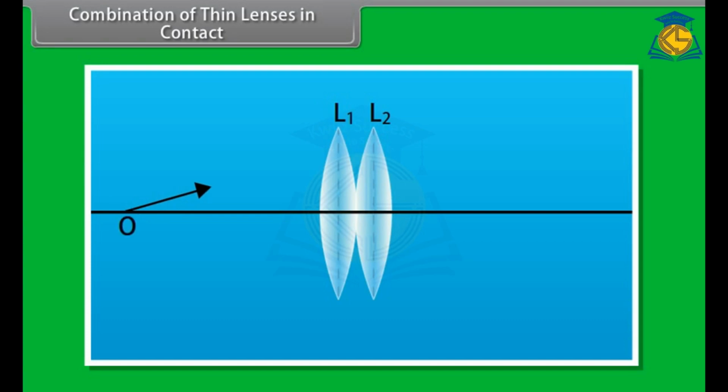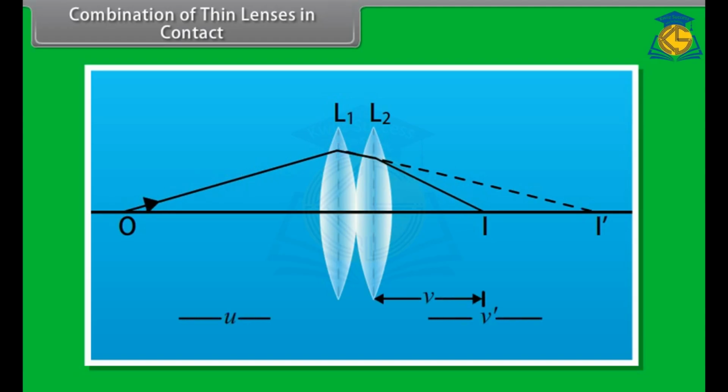Combination of thin lenses in contact. Suppose two thin convex lenses L1 and L2 are placed in contact in such a way that they have the same common axis. The focal lengths of the lenses are f1 and f2 respectively, and the medium is the same on both sides of the lenses. O is a point object on the principal axis at a distance u from the first lens, L1. The lens L1 deviates the rays towards I', that is, I' is the image formed by the first lens,